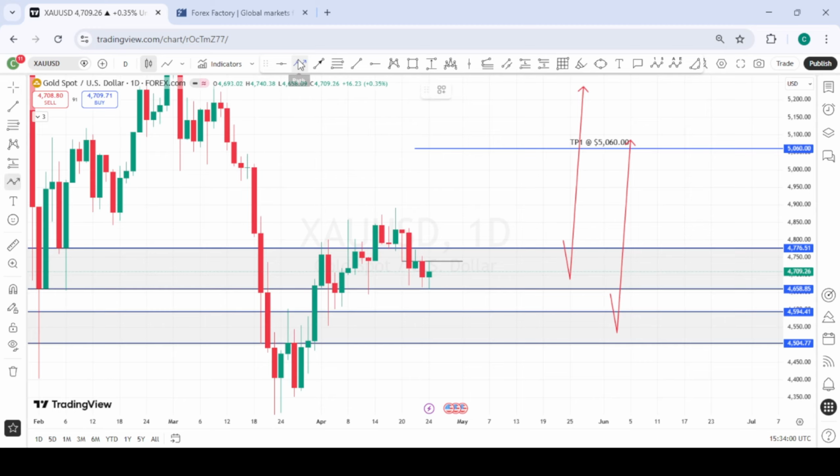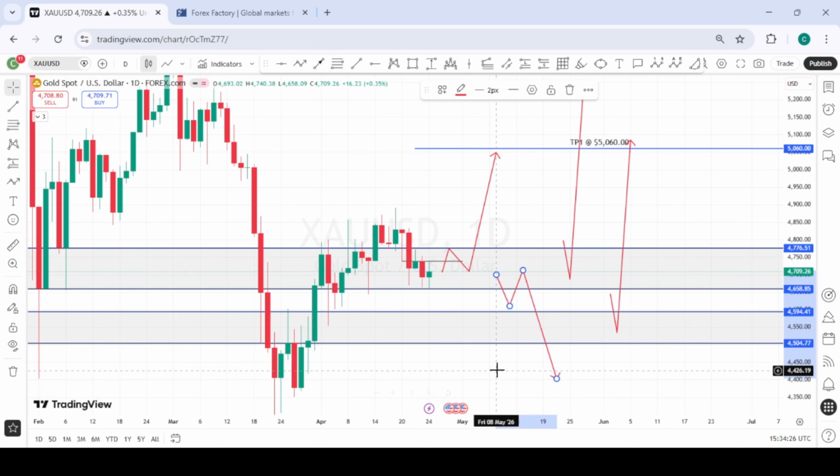But we are still going to look at both sides for gold. So should we get a daily candle clear this daily structure here, we'll look forward to a higher low formation, and we continue the buys to the upside for gold. Should we get selling opportunities, if we get a daily candle close below this daily structure here, and we get a lower high formation right here, more like a right shoulder,